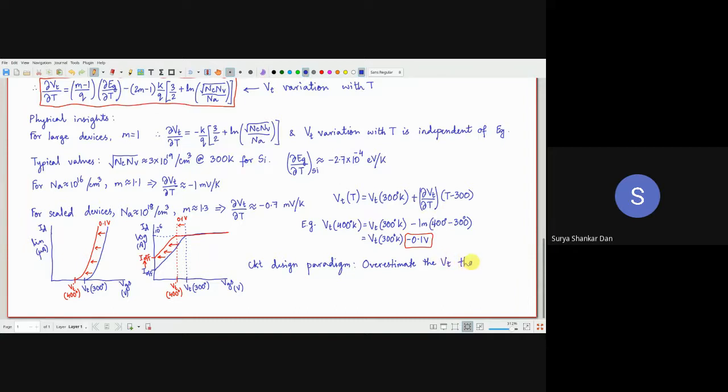than the one defined by phi_s equal to 2 phi_f. Now remember, when we were explaining the different modes of operation of the MOSFET, what were we saying? In the old textbooks, BTech level textbooks, they used to say phi_s equal to 2 phi_f is strong inversion. But in this course, I have been telling you, no. Phi_s equal to 2 phi_f is only the moderate inversion, onset of moderate inversion.